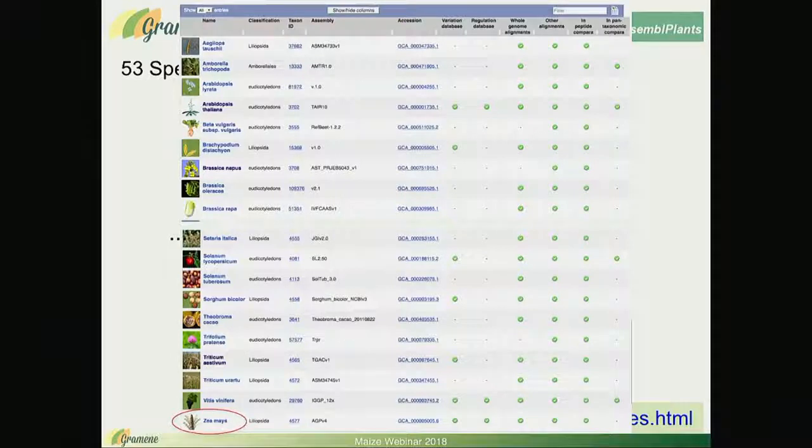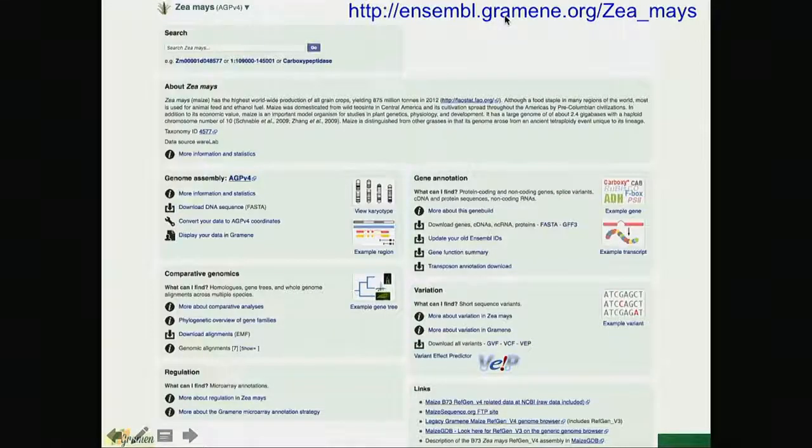For maize, you see most of those are marked. So we have variation, regulation, expression, whole genome alignments, and peptide compara, homologs, orthologs, etc. When you click on any of those maize icons, you're taken to the maize species page, and this has other various sections. You can find out more about the actual assembly, the current assembly, in this section,